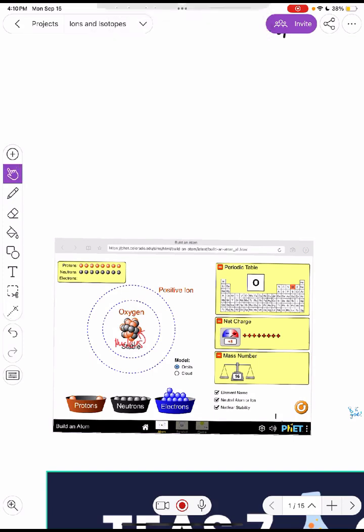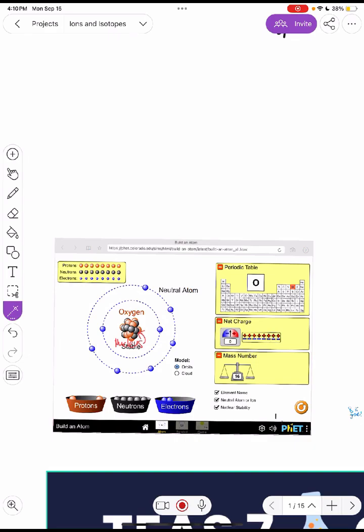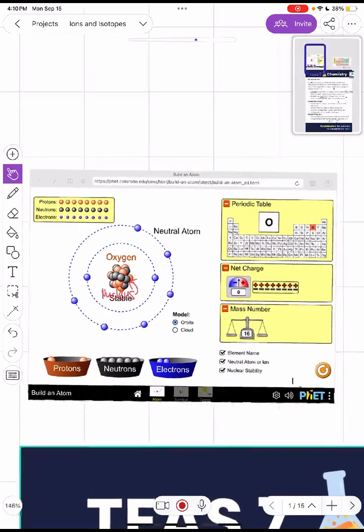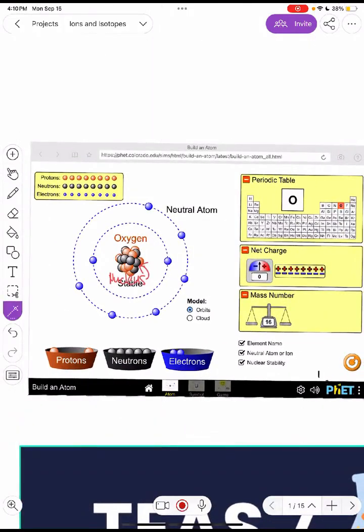And the idea behind an ion is that, you see these charges here? In a regular atom, you're going to have a neutral charge, like a regular standard atom with no alterations. Okay, just your basic atom. It's going to be a tie ball game. Okay, neutral charge means the charge is 0. Let me zoom in a little more so we can get a little closer here. Okay, now,